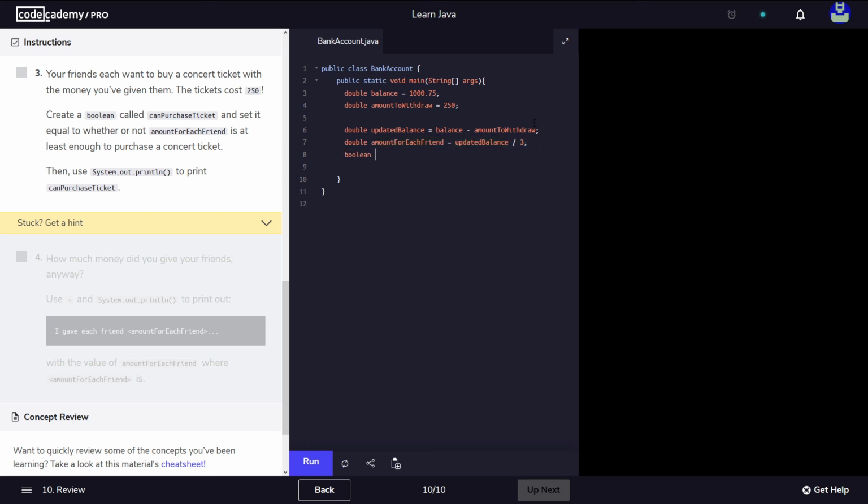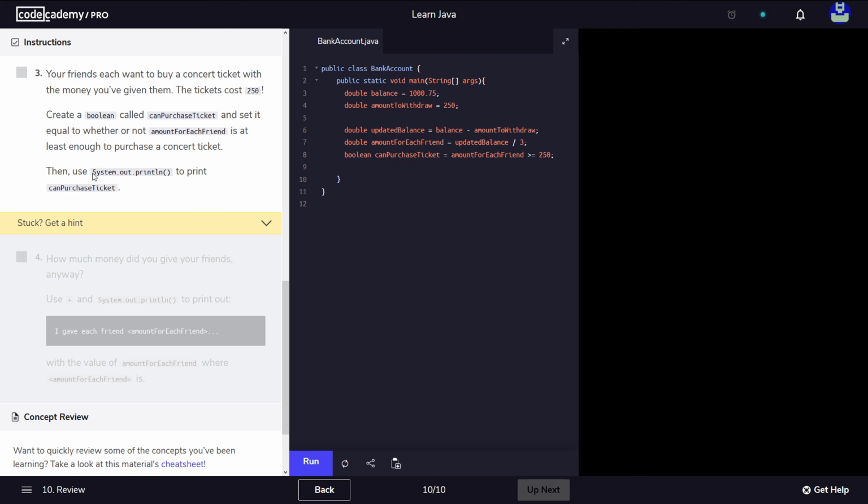We're gonna create a boolean called can purchase ticket, and we're gonna set this equal to whether or not the amount of each friend is at least enough, so it's greater than or equal to the amount required to purchase a ticket, so that would be 250. Okay,